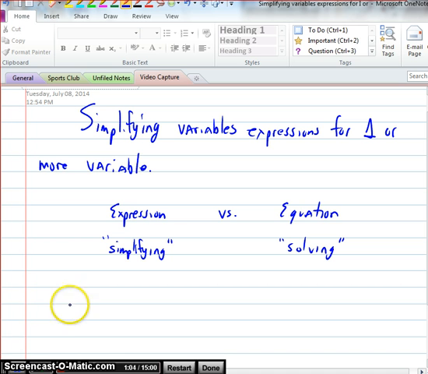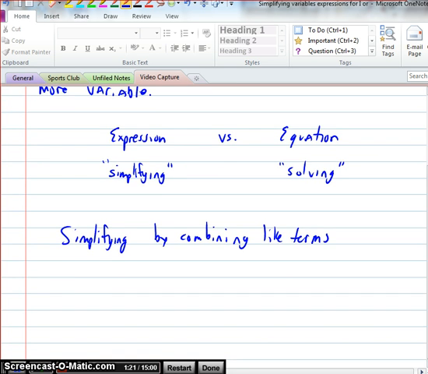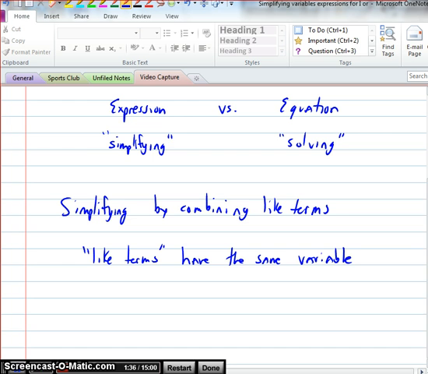And we're going to start by simplifying by combining like terms. And you ask, what is a like term? They have the same variable. We're going to discuss that a little bit more in a little bit. But just going forward just a touch,